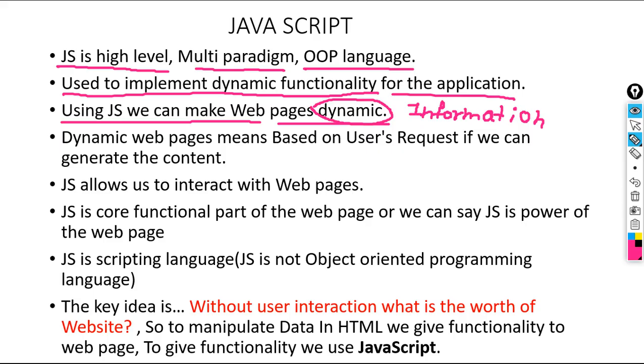Suppose there is another person whose name is Pankaj. If he enters his username and password and clicks on the submit button, then he will get web pages related to him. Correct? So every account is different. How will those different web pages be displayed? That will be displayed with the help of JavaScript. The page is the same, but the content or information changes from user to user. That dynamic functionality can be provided with the help of JavaScript.